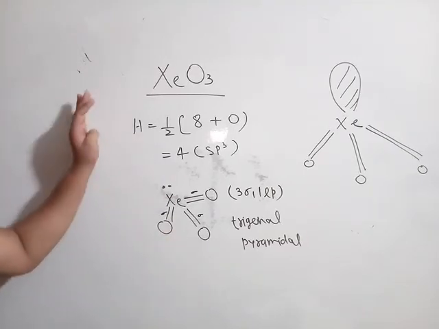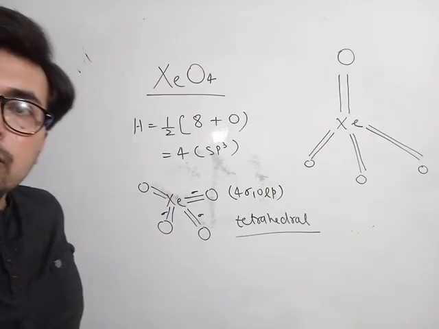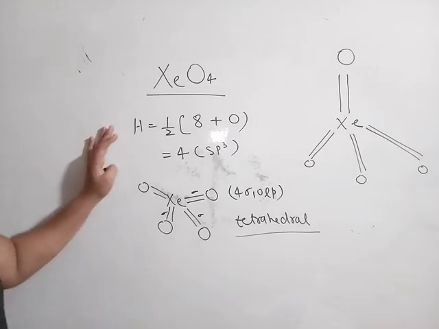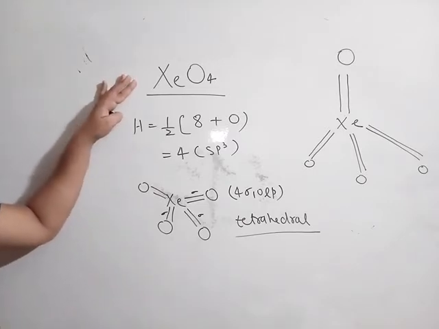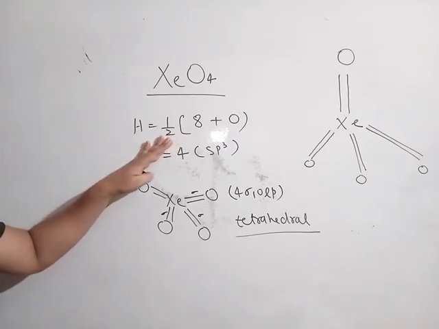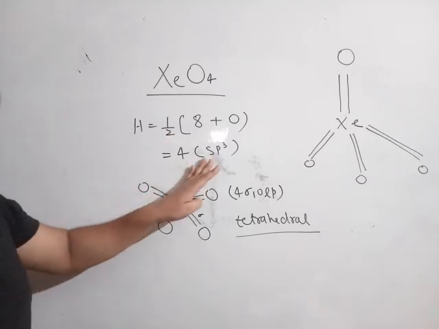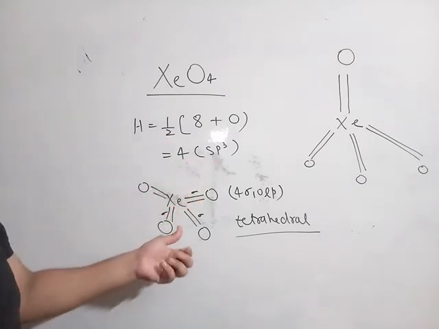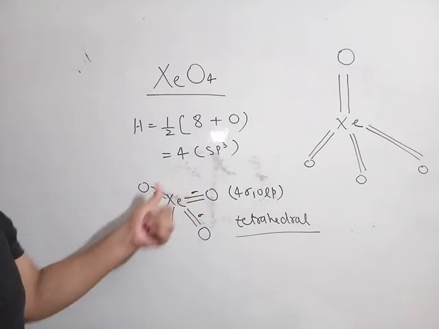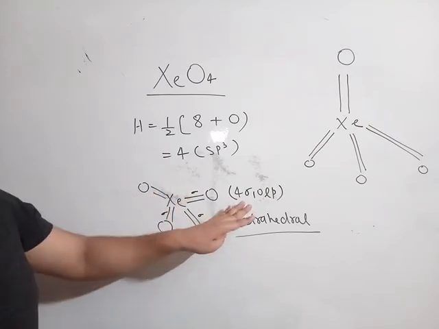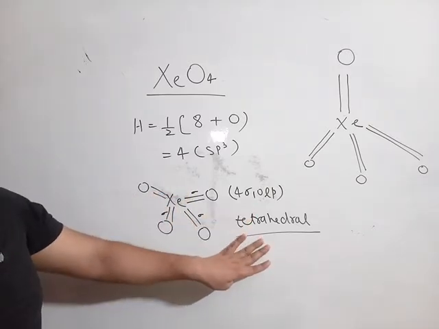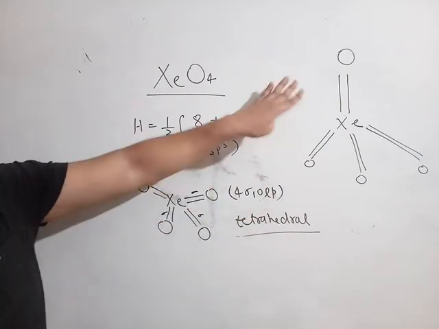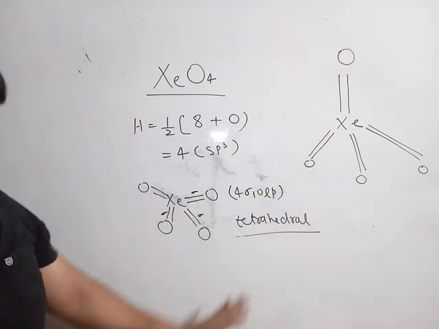And next we'll move to XeO4. So our next part will be XeO4 here. So we know how to calculate the H value. The value of H will be 4, so the case will be sp3. If I roughly check the case here, 8 electrons are all consumed here. So the case is 4 sigma, 0 lone pair. The shape will be tetrahedral. We can just roughly make it that part here.